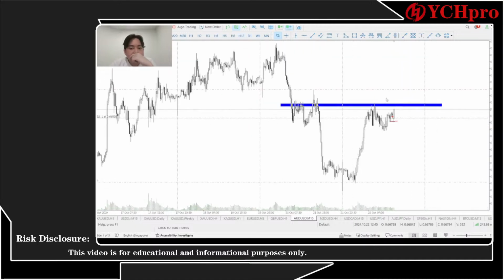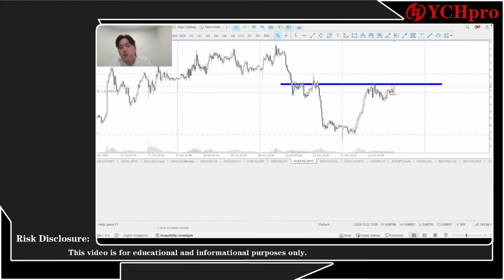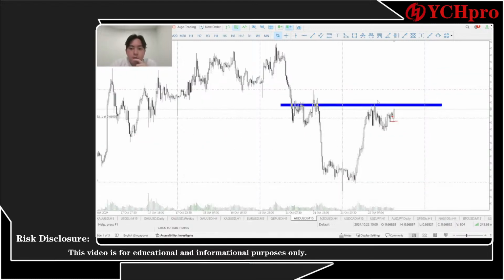Let's see how it happens. I think once the price really breaks through this area, I might close out. I might close out the AUD USD pairing. If the price really goes back to this area, then I might be closing out and stopping out, with a stop loss of maybe 8 pips around that area, which should be fine.